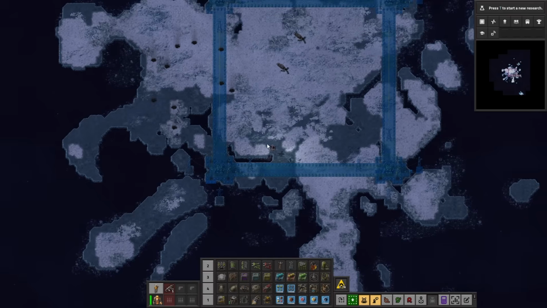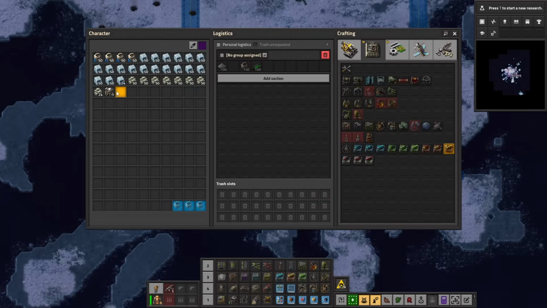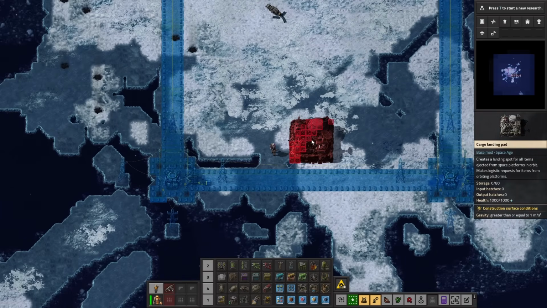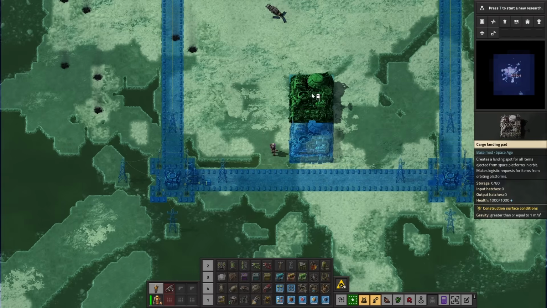So now we have this. It doesn't actually work. So now I need to place my landing bay, and that has to be placed in the middle, right? So it is not there. It's actually...